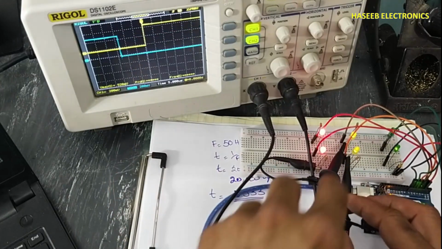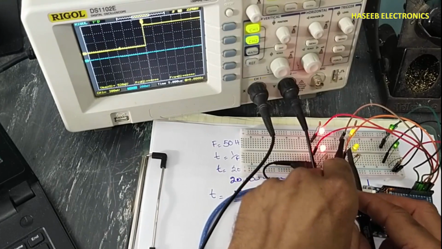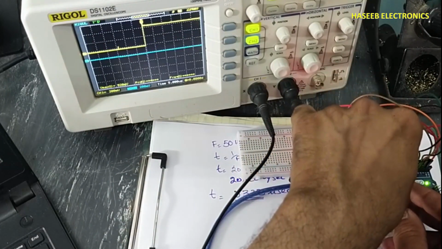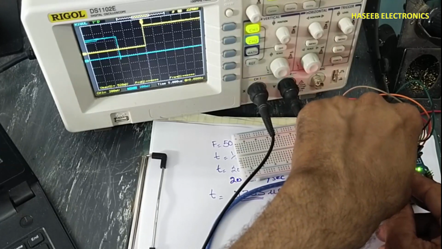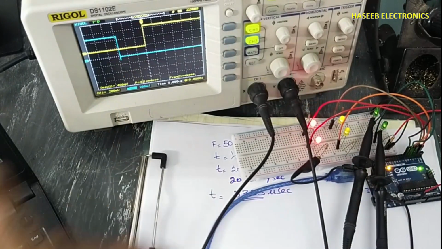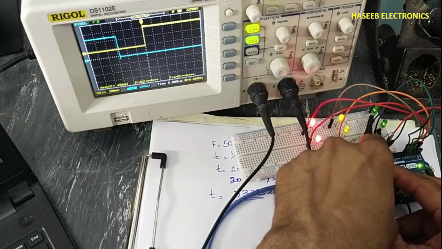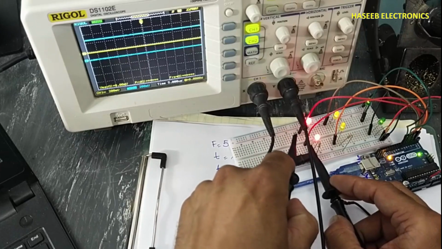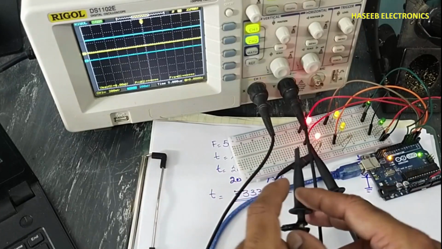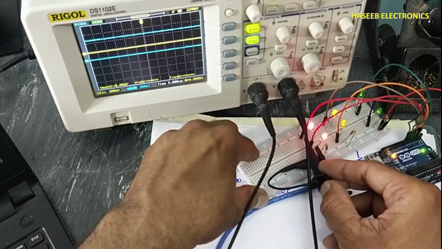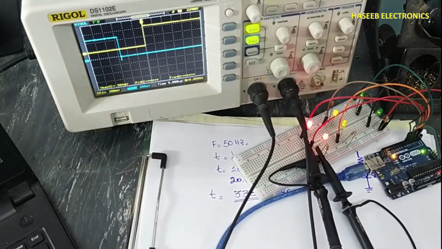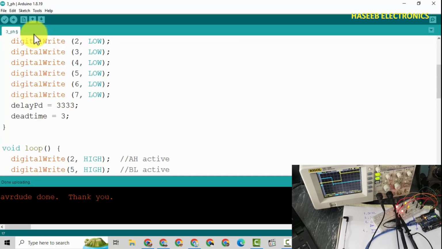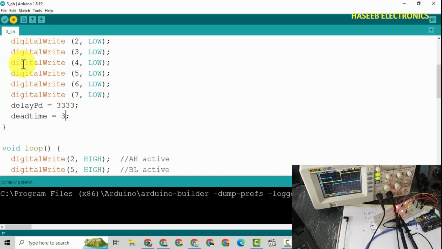Yes, channel B, channel C. Same here. Now I will provide 3 microseconds, that is 3 microseconds, that is good.